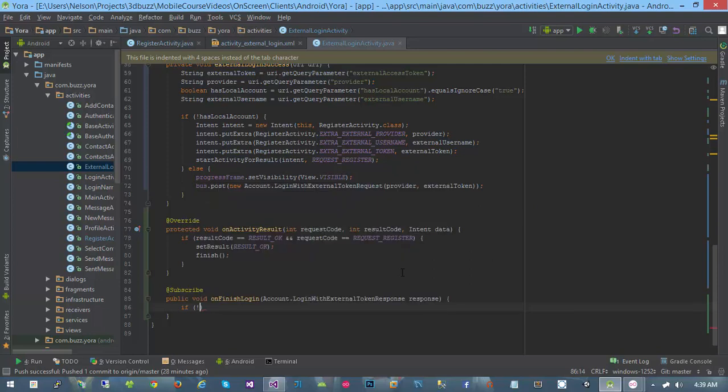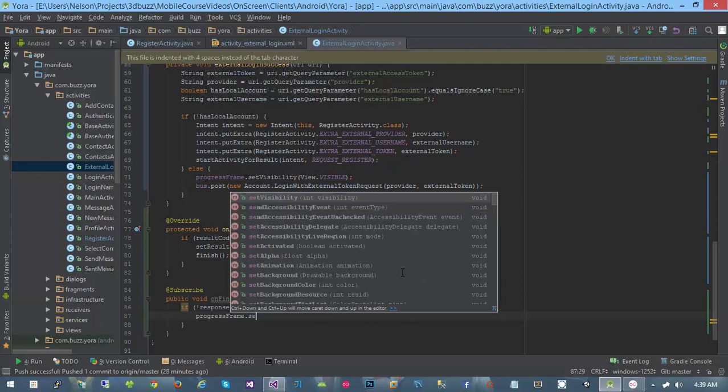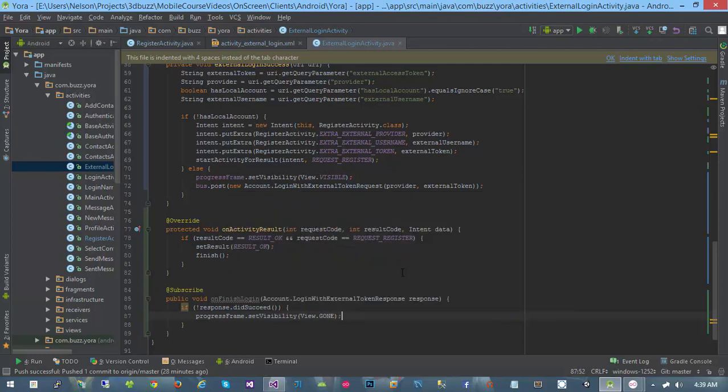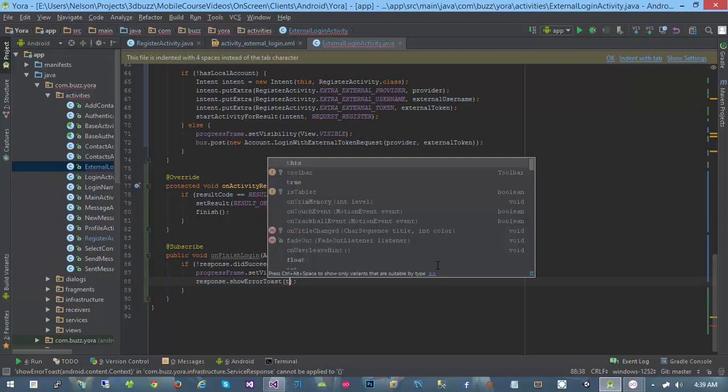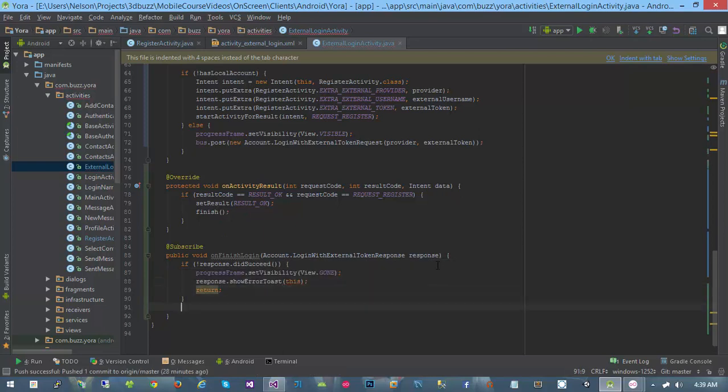If the response did not succeed, then I want to set the progress frame visibility to view gone. That means we weren't able to log in with that external token. And I'll show the error toast, passing in this for the context, and then I'll return. Otherwise, set result OK, and finish. So basically,